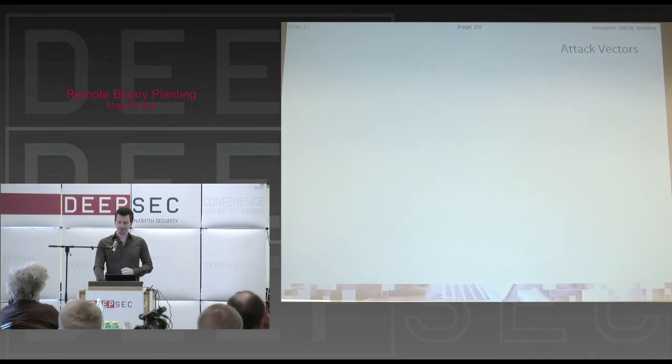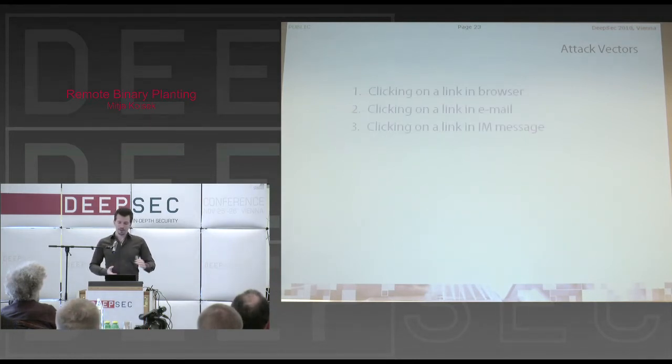So what are the attack vectors? How does the attacker implement this attack? We've seen an internal attack and an external attack. There are some other ideas as well. Let's just cover them all. Well, not all. When you provide a link to a remote share, you can obviously do this in a website. So the user visits a website and clicks on a link, sees a share, double-clicks the document, bang. You can do this in email. You can do this in any instant message.